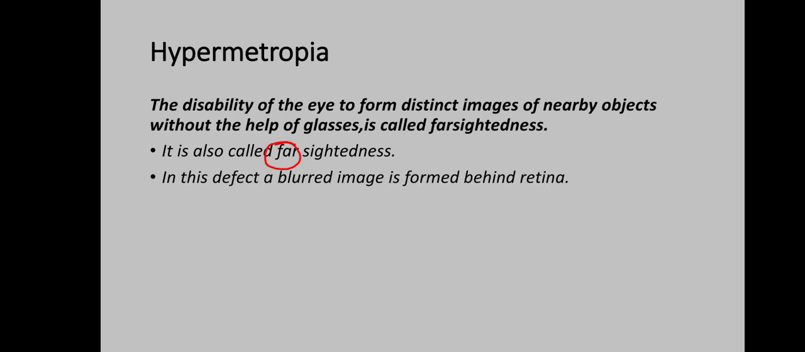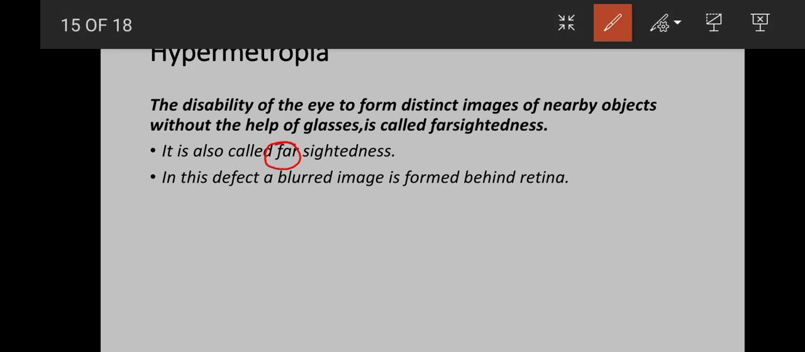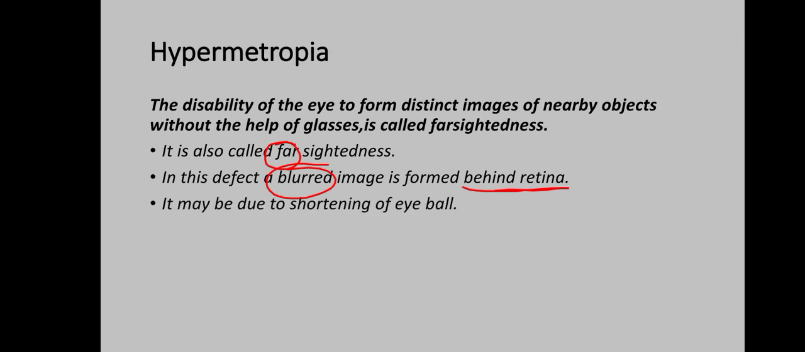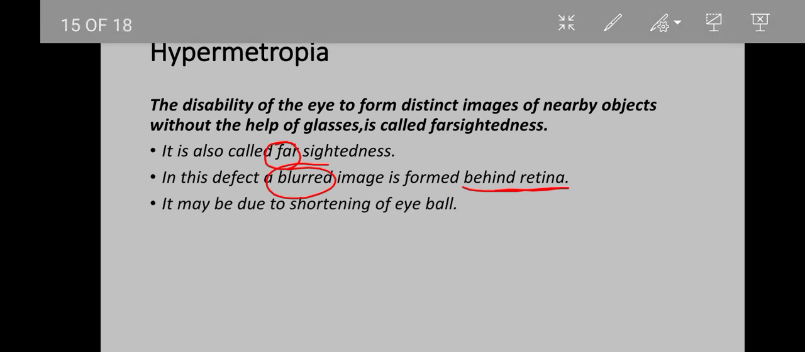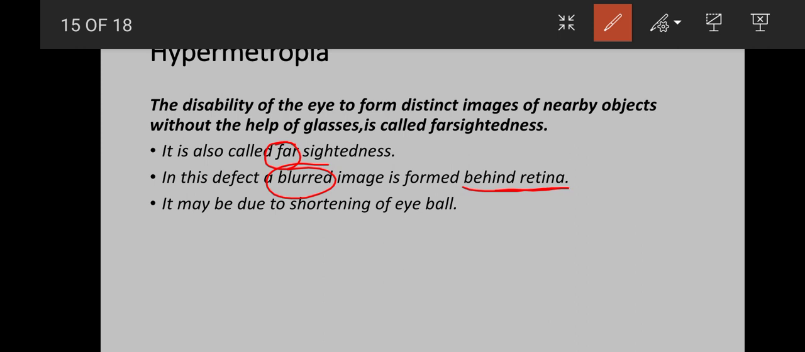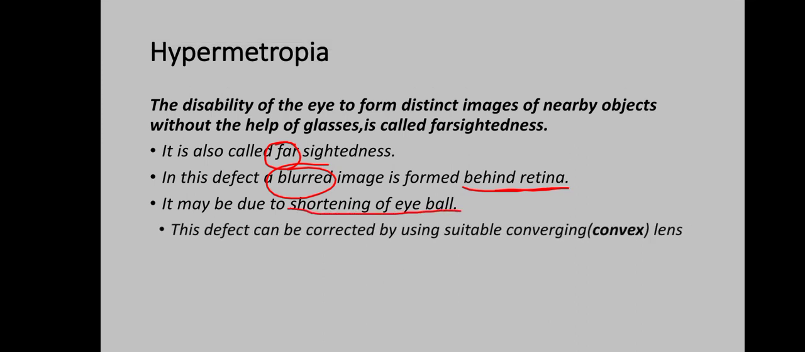In this defect, a blurred image is formed behind the retina. In contrast with myopia, the blurred image is formed behind the retina. In place of forming the image on the retina, the image is formed behind the retina. So it will be a blurred image. It may be due to shortening of the eyeball. The cause of hypermetropia is actually the shortening of the eyeball. This defect can be corrected by using a